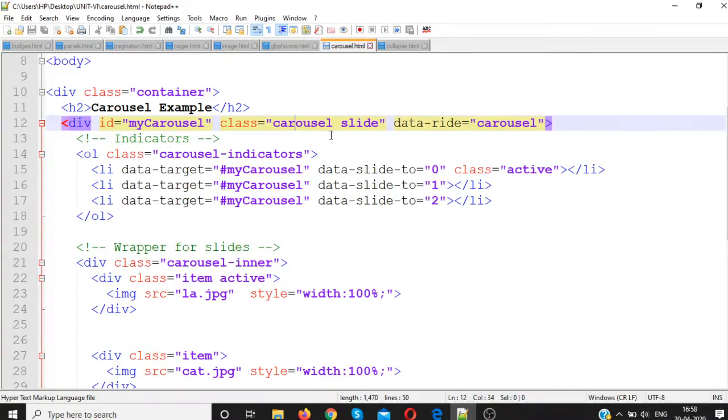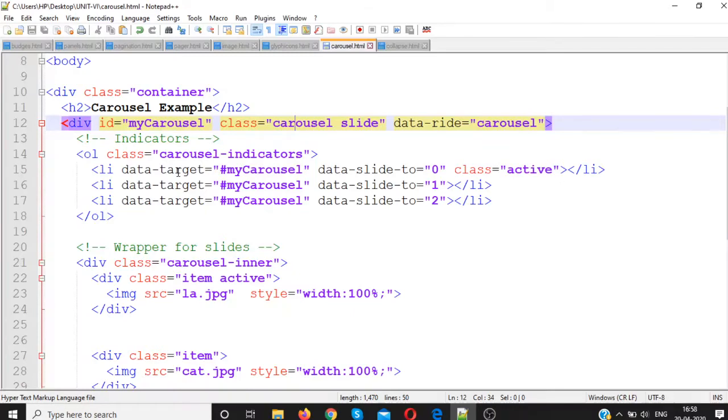You can skip this class if you don't want these animation effects. The last one is data-ride carousel, an attribute which tells Bootstrap to begin animating the carousel immediately when the page is loaded.